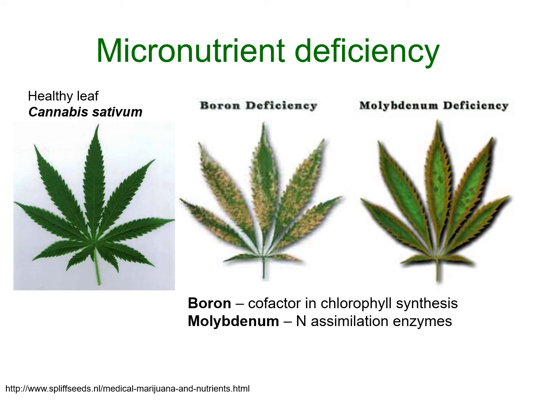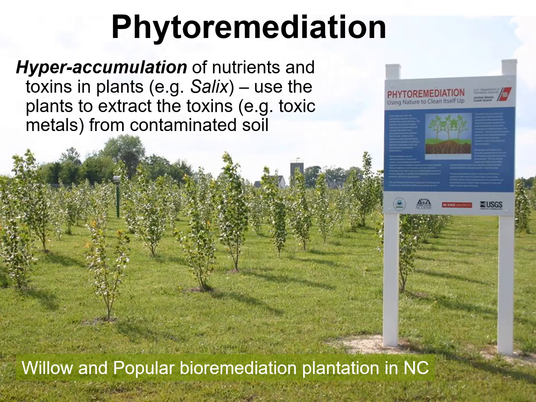And molybdenum is really important for nitrogen assimilation enzymes. So without molybdenum, they can't produce the enzymes that allow the plants to take up, assimilate and use nitrogen to put it into proteins. So a lot of these nutrients interact. This leads us to some ideas of